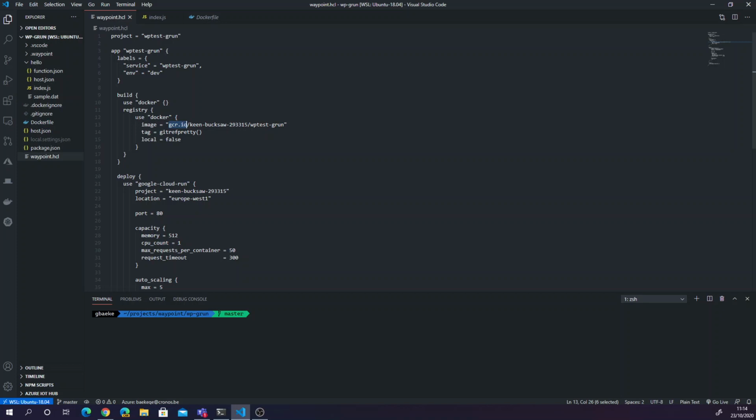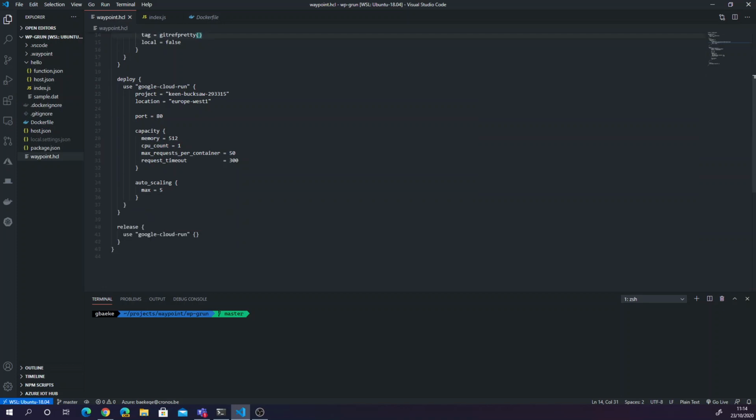And here's then the image name. So as a tag, we're using gitref pretty. So not something like latest or a number. Gitref pretty is a supported function, and it uses the git commit SHA value as the tag. So once this Docker image has been built by Waypoint and pushed to Google Cloud Run, we can deploy to